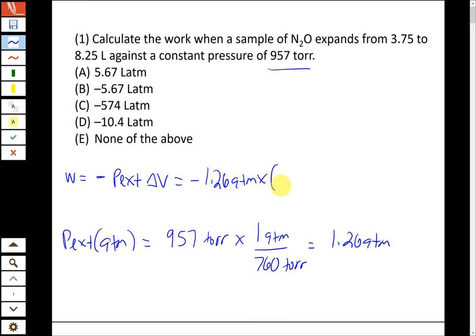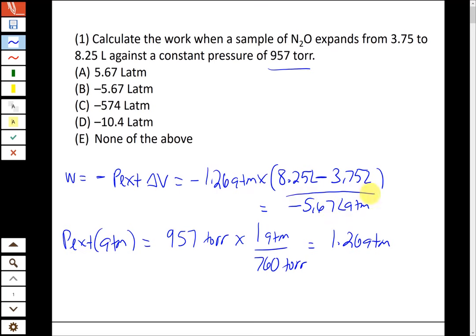And then for delta V, it's going to be final minus initial. So you have to remember that there's a minus sign out front here, and then the sign of delta V is going to determine whether the work term ends up being positive or negative. Here we're going from 3.75 to 8.25 liters. So the final volume is 8.25. Volume is getting bigger in this situation, and it's starting at a volume of 3.75 liters. And when we multiply those across, we get minus 5.67